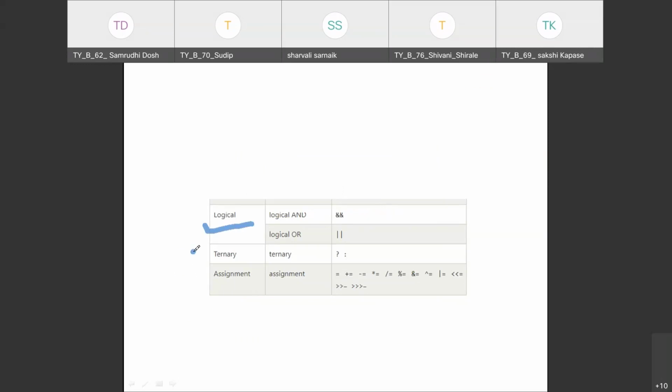Next, in Java programming, we have the ternary operator. Now in this ternary operator, we have these two symbols, this question mark and colon. What does this mean? In Java, if I want to cross check a condition, or apply some logic and test that logic, we use the ternary operator. So this is the operator which is new in Java programming.